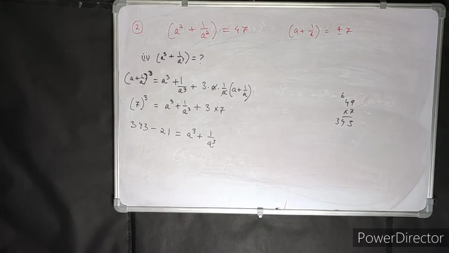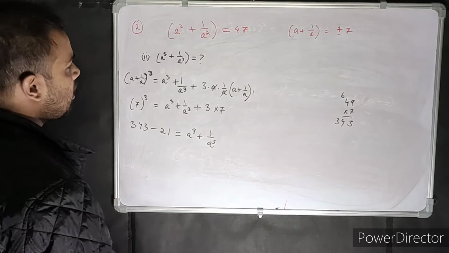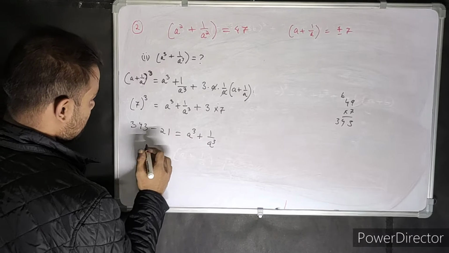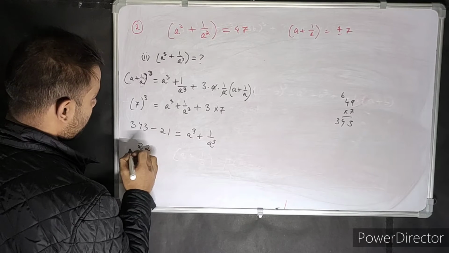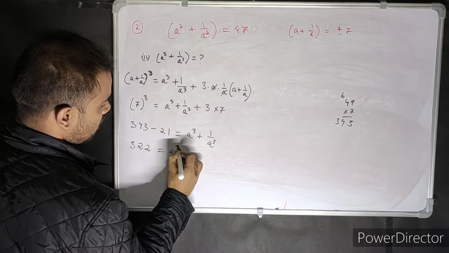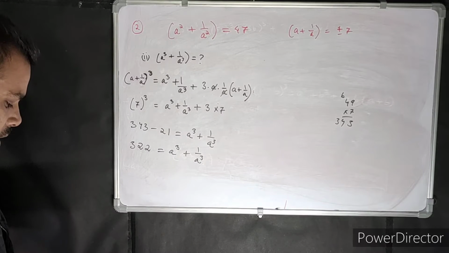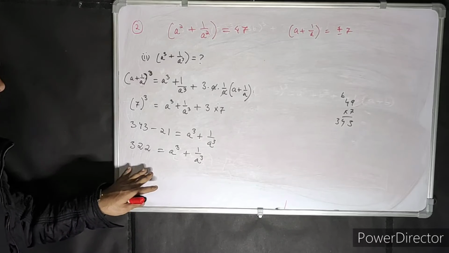See, very easy, very nicely it's getting done. Then subtract, that is 2 over here, and this is the answer, a³ + 1/a³. You don't have to worry about the plus minus. Just keep it positive only, they will take your answer.